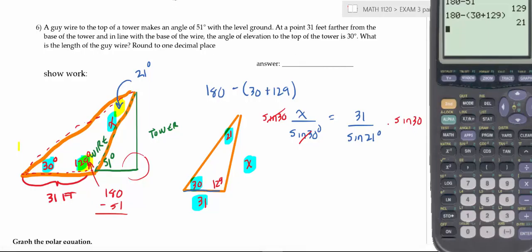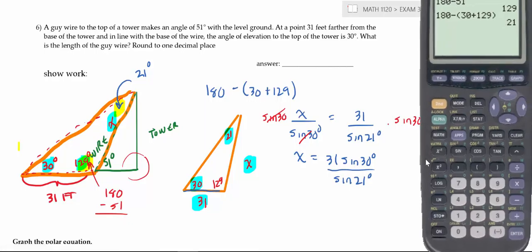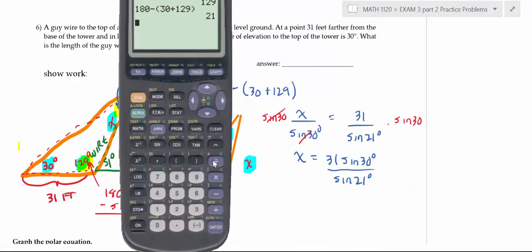Okay, and then we can go directly to the calculator. So we're going to crunch out x equals 31 times the sine of 30 degrees, and then divide that by the sine of 21 degrees. Then we should have our answer to our problem. Let's put that in degree mode. So 31 sine 30, close parentheses, divide by sine of 21, and that will give approximately